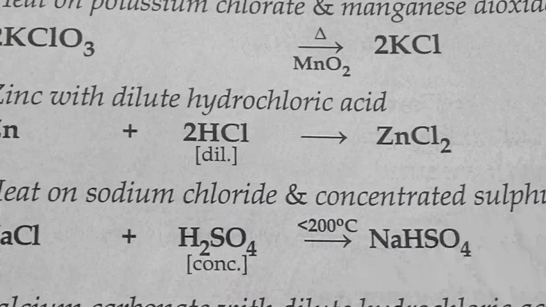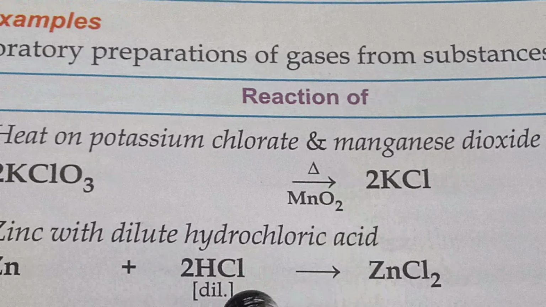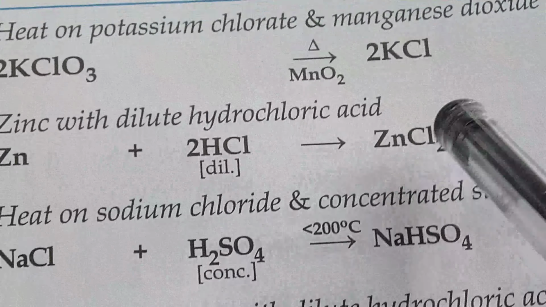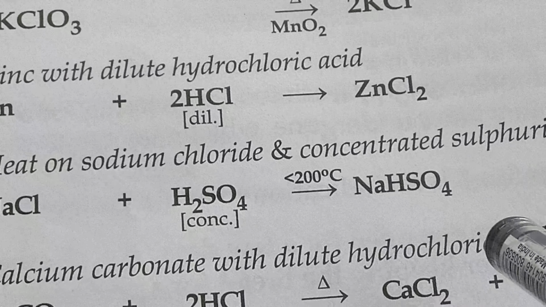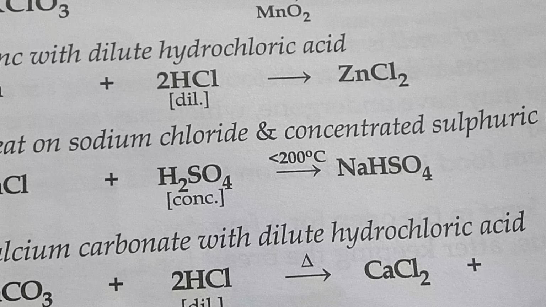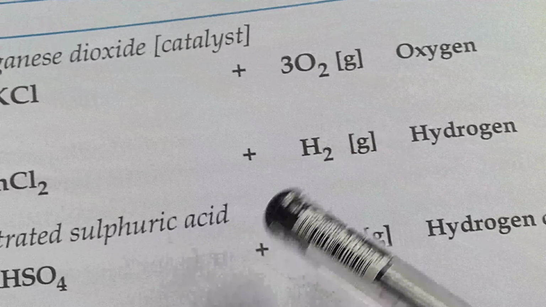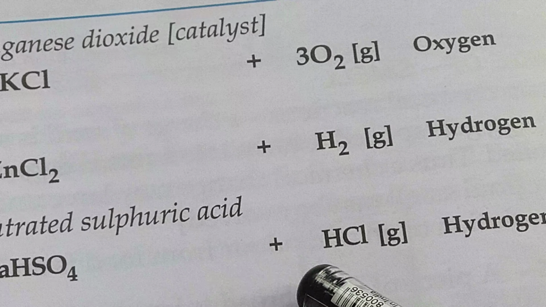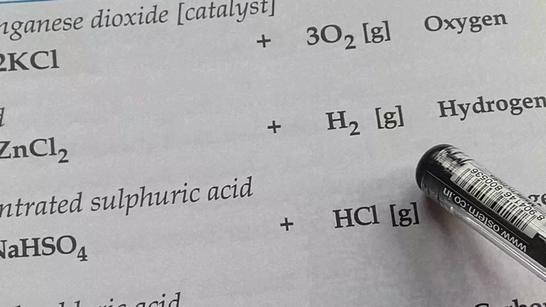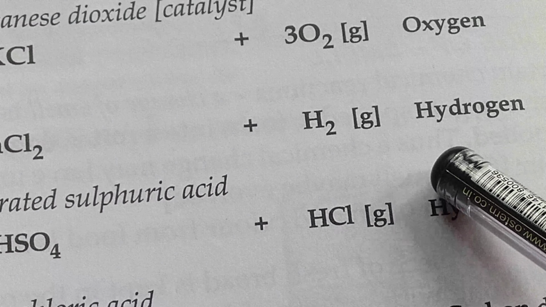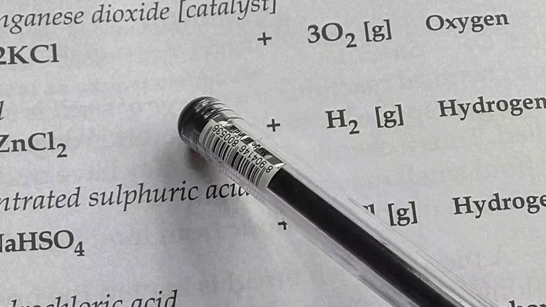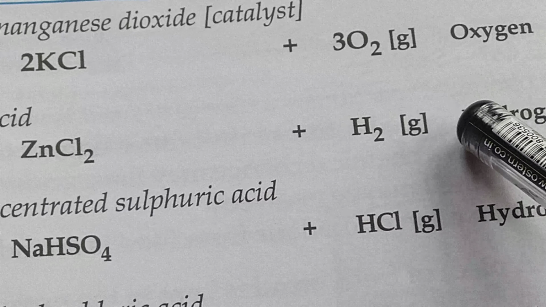So these are the common examples where heat is necessary, as well as some catalysts needed for increasing the rate of chemical reaction. So what do we see? Normally, when a gas is released through a chemical reaction, it follows effervescence. That means after a chemical change, gas is released with bubbles, and this incident is also known as effervescence.